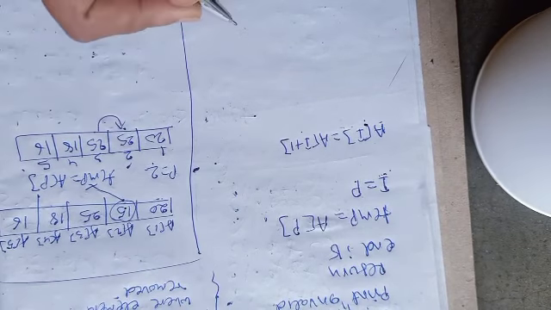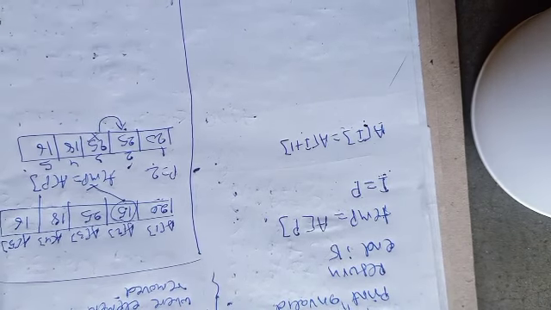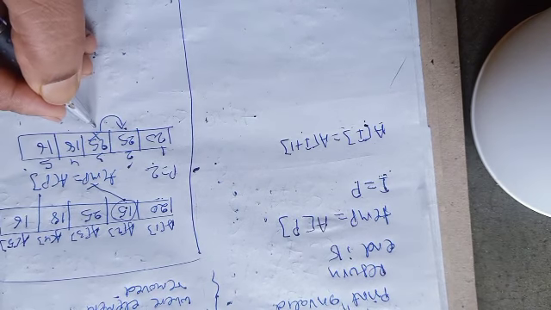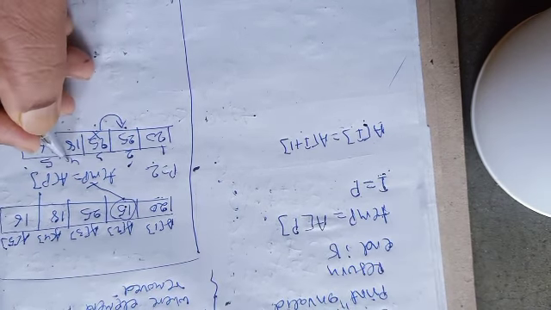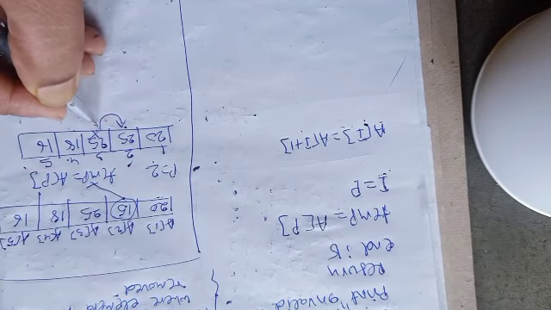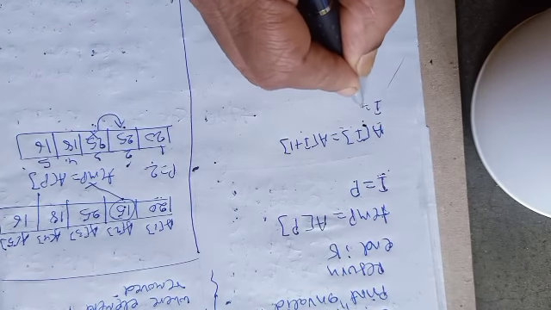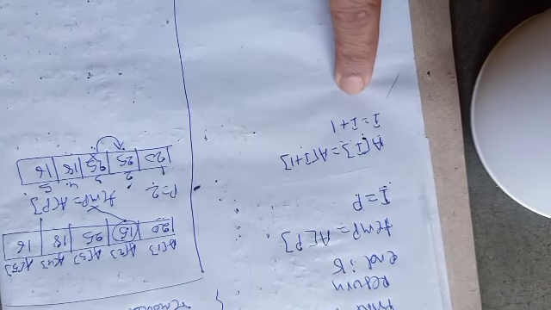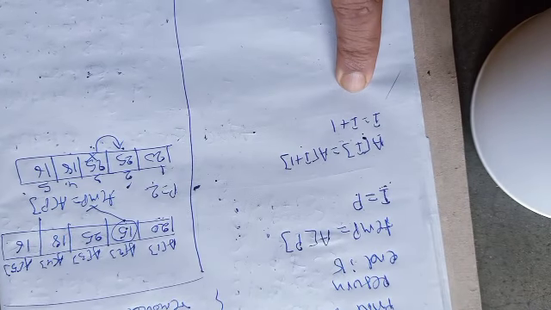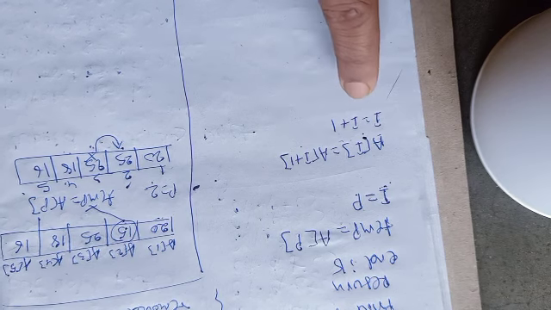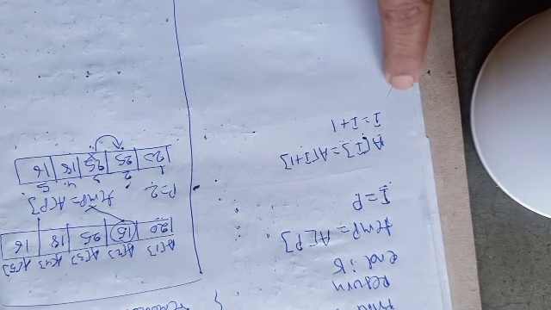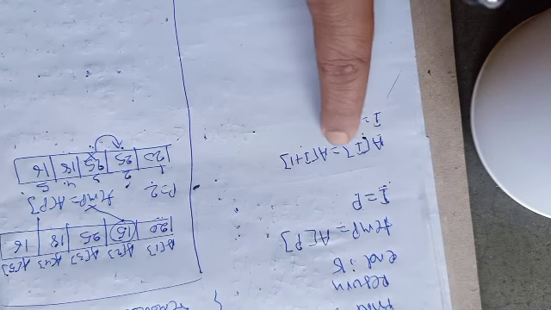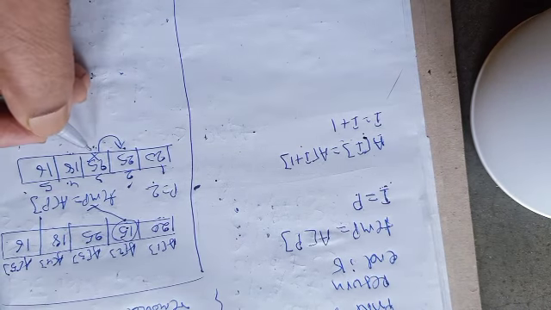So this is now 25. Now this one becomes vacant. So what I need? Again I need 18 should be shifted to 3. The index 4 will be shifted to index 3. So here I will write I equal to I plus 1. That means value of I now increases to 3. After shifting this, again I have to repeat this step so that here A3 and it will be A4. So A4 will be shifted to A3.